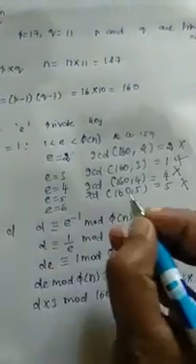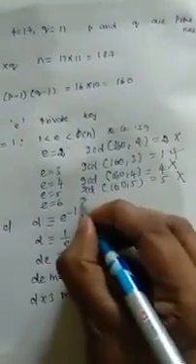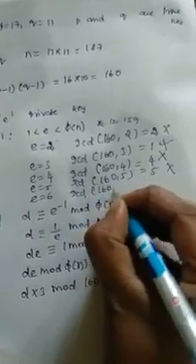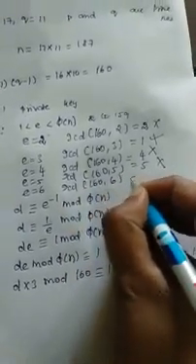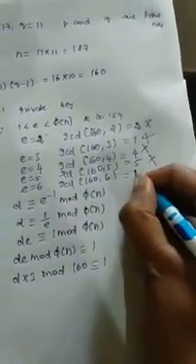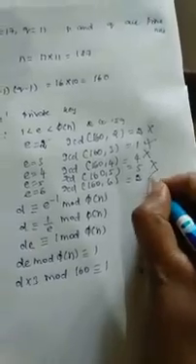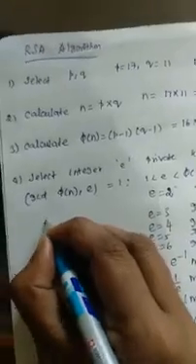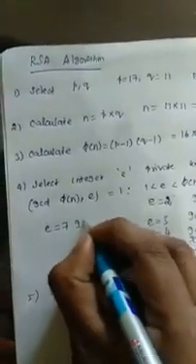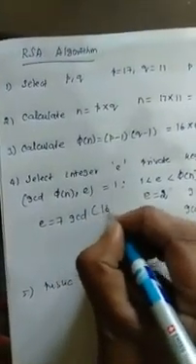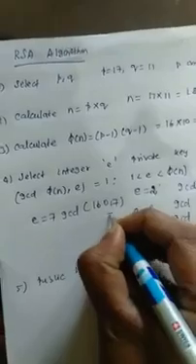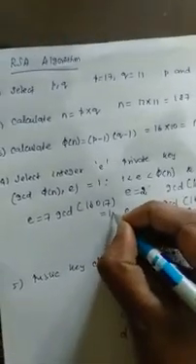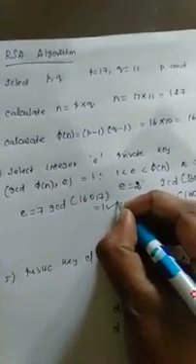Now we are moving to E equal to 6. If we go for E equal to 6, then GCD of 160 comma 6. What is the GCD value here? The GCD value is going to be 2. So here also the value of E equal to 6 is wrong. Now we are moving to the next value, that is E equal to 7. In E equal to 7, if we try GCD of 160 comma 7, it is equal to 1. Now it is satisfying the given condition.